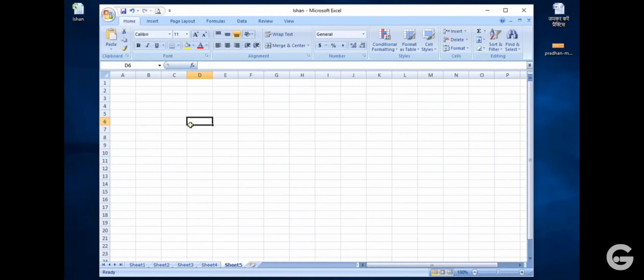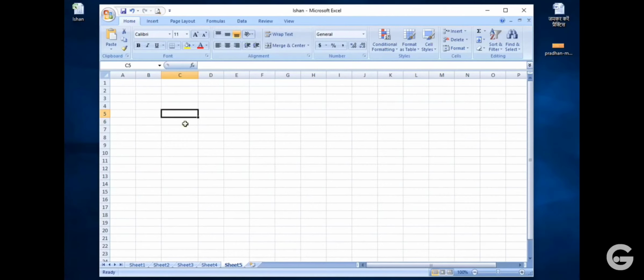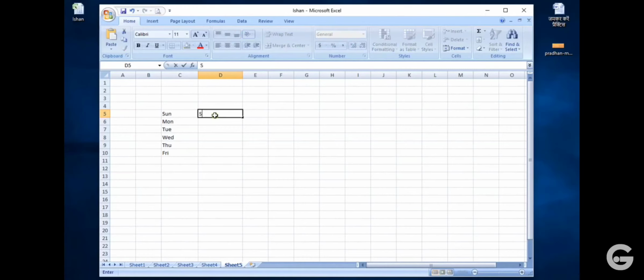So students, Excel is a very smart application, and you can calculate very easily. You can create any file whichever you like in the Excel and spreadsheet. Okay, a spreadsheet, also called a worksheet, is a big sheet containing data. So Excel में हम जो भी फाइल बनाते हैं हम उसे बोलते हैं spreadsheet. So I have written here Sunday, Monday, Tuesday. So I am going to write here in full form.